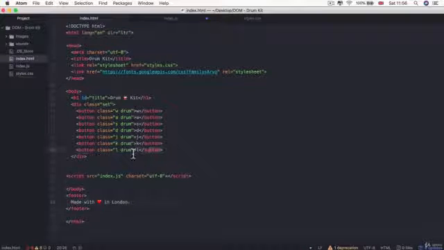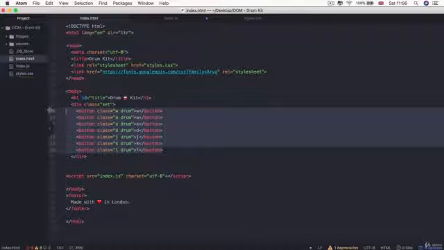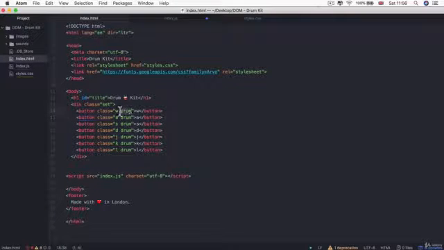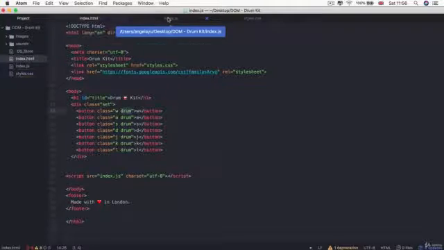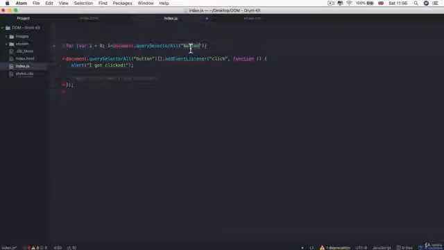And if we take a look here, all of our buttons have a class of drum applied to it. So instead of just targeting button elements, we can be more specific and more safe by saying target all of the elements that have a selector of .drum. And remember, the dot specifies that this is going to be a class that we're targeting. So now we're looking through our document, querying for all of the elements that have a class of drum, and